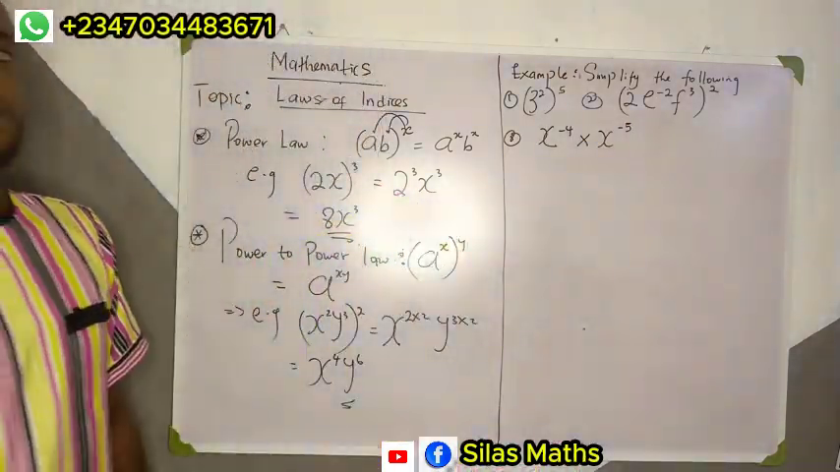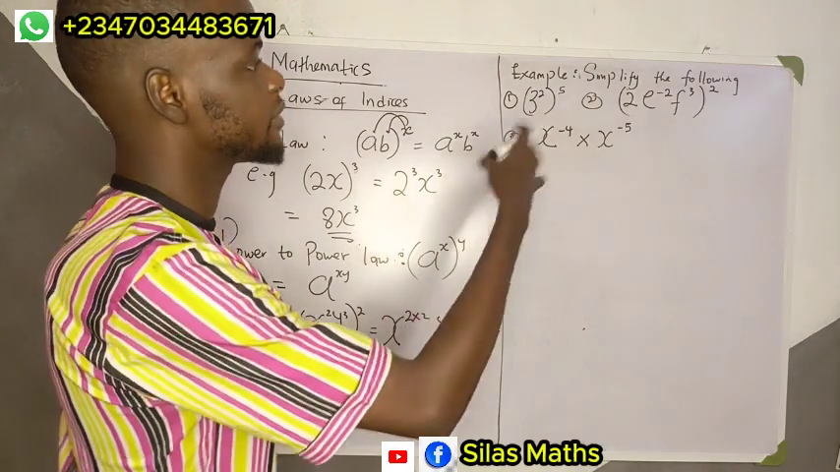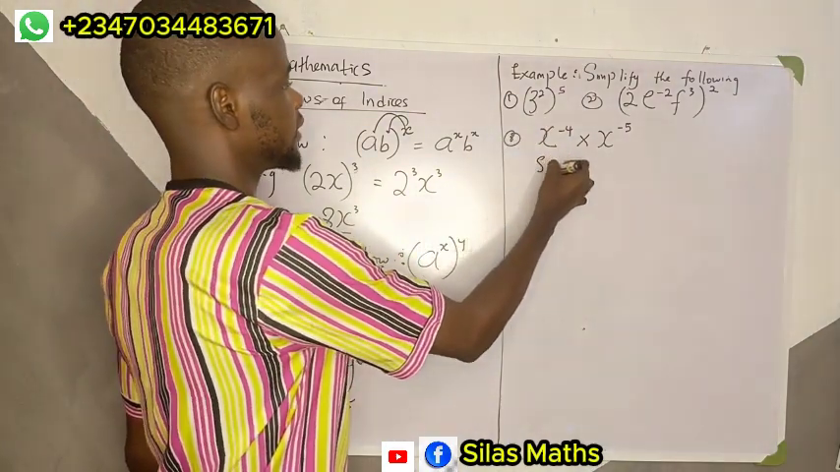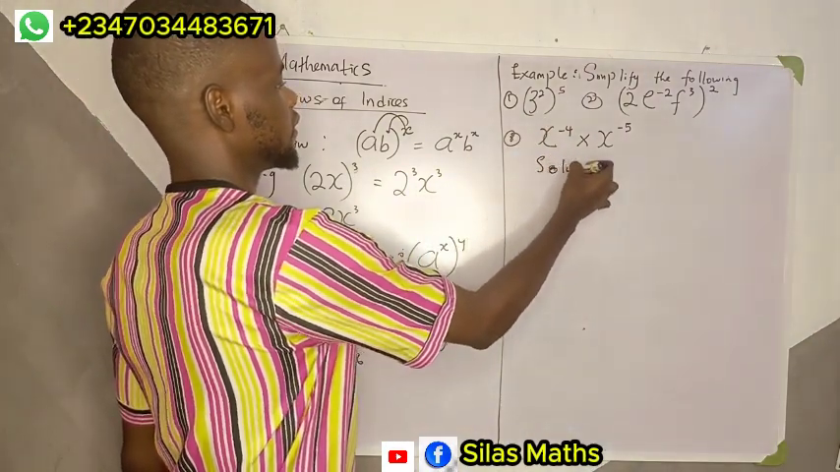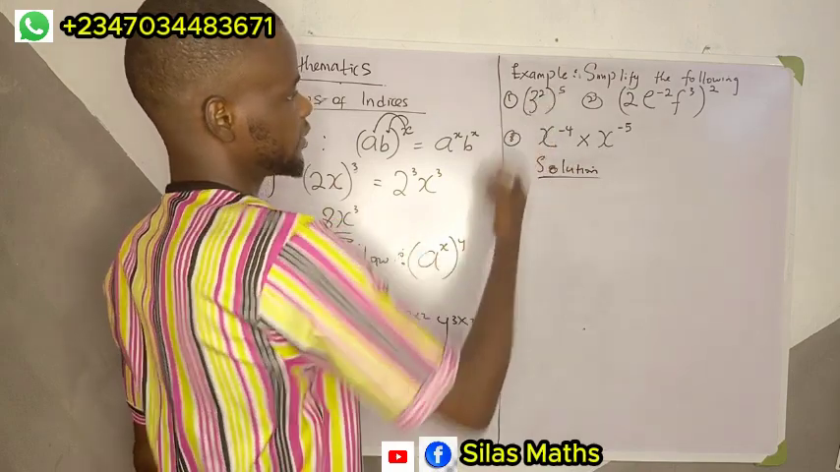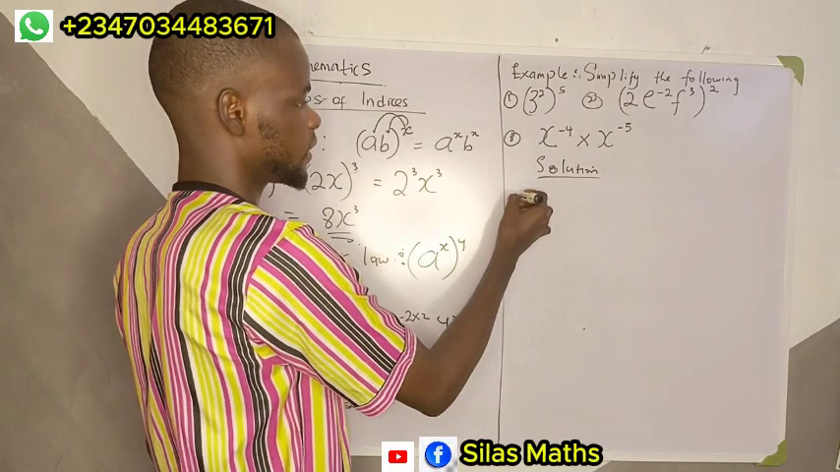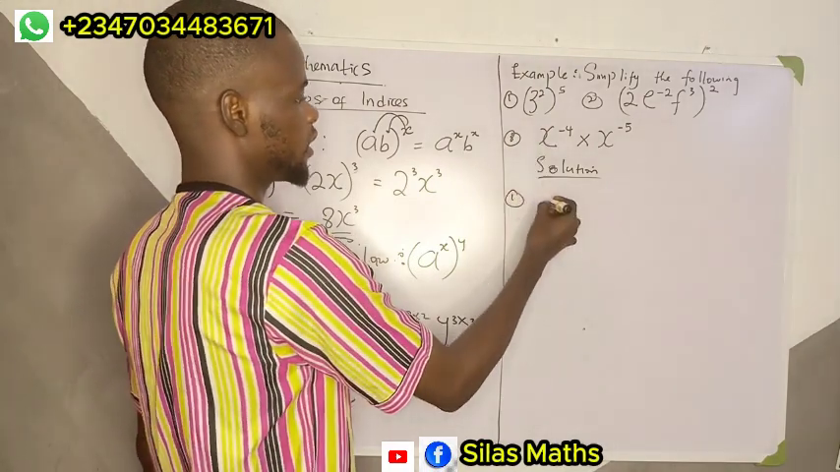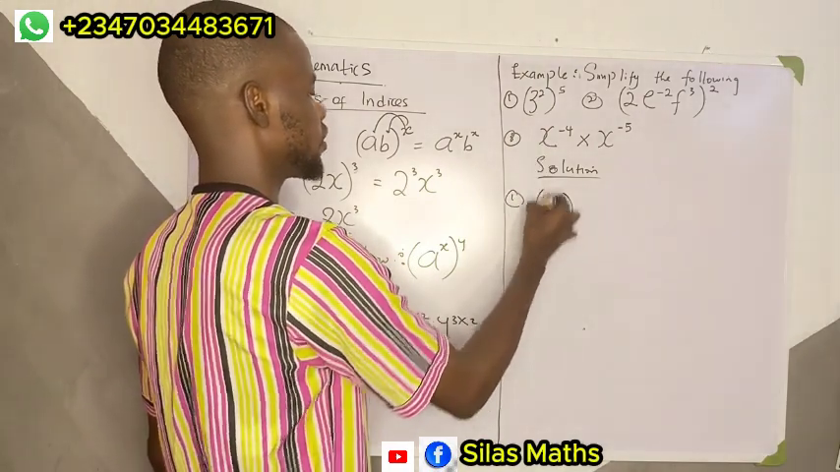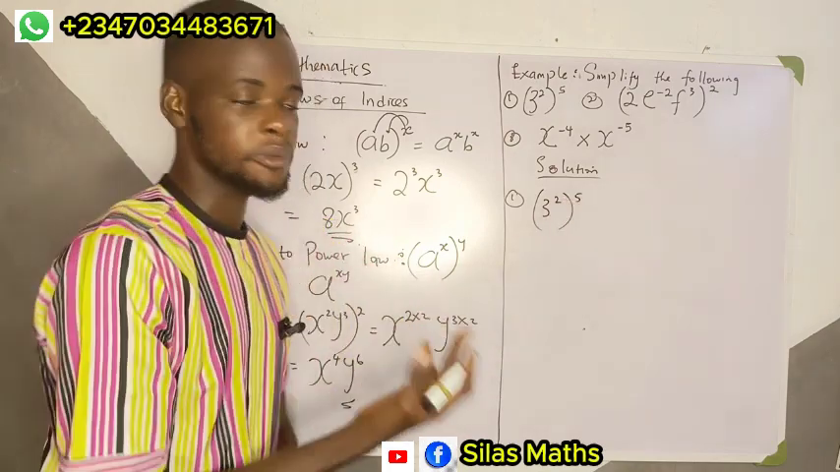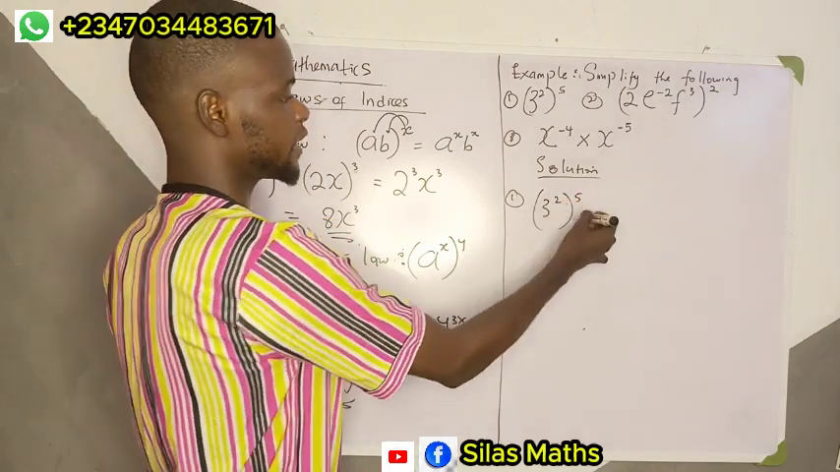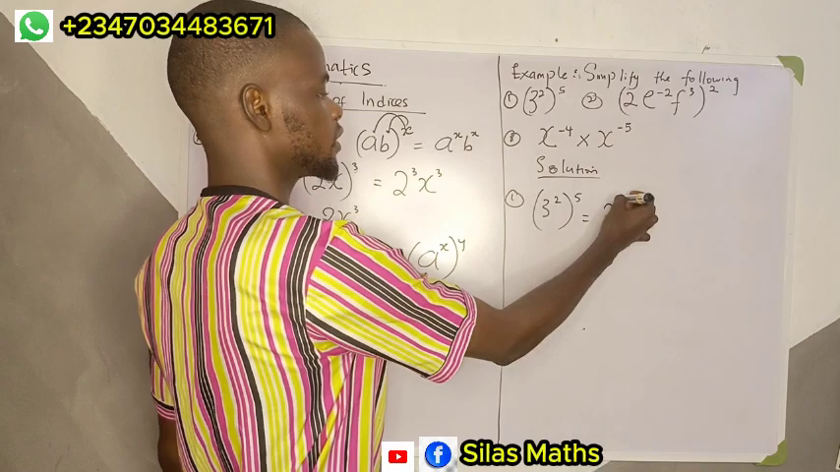All right, let's take a look at these examples. The question reads, simplify the following. Number 1, we have 3 raised to the power 2, all to the power of 5. How do I solve that? That is power to power law, so this power will multiply this power here. So I'm going to have 3 to the power of